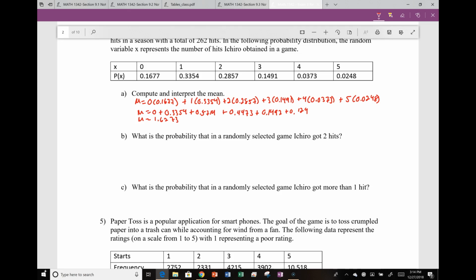Then we need to interpret it. Whenever it's talking about interpret it, it means describe the mean in terms of the actual application. So we're talking about the number of hits that this person gets per game. So on average,